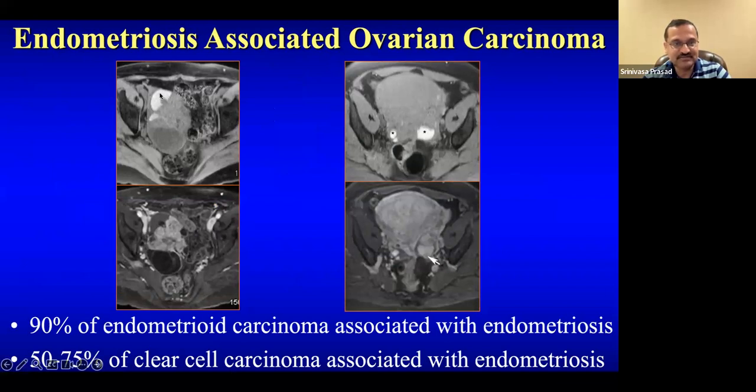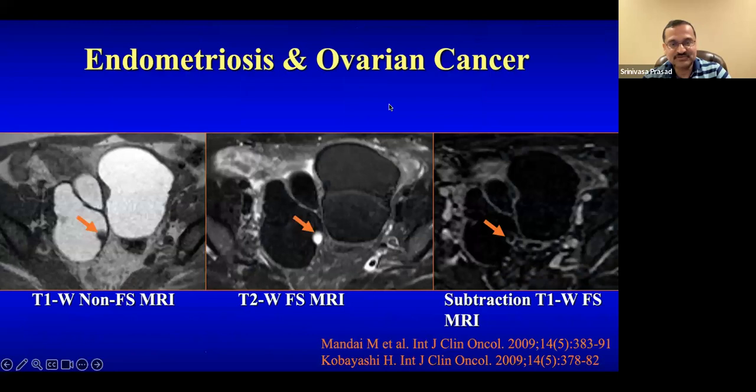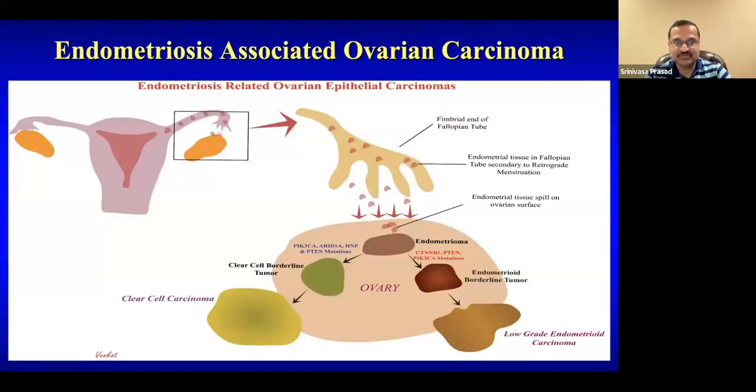As you notice, the high T1 signal intensity is the background endometriosis, and there is varying levels of infiltration or replacement of the endometriosis by enhancing soft tissue mass. Sometimes it may start out as a small nodule that may herald the change from a so-called endometriosis to endometriosis-associated